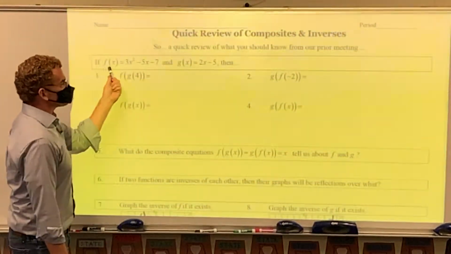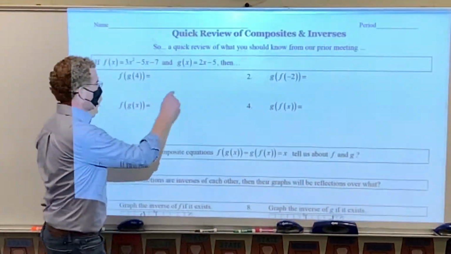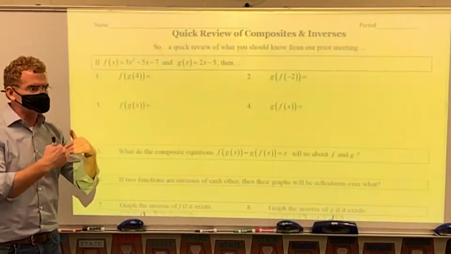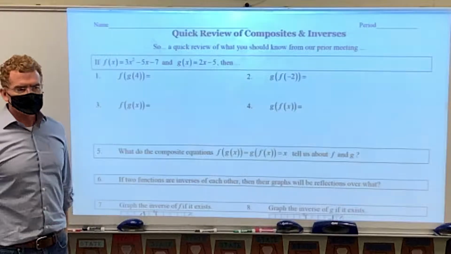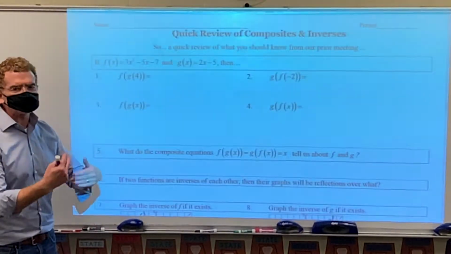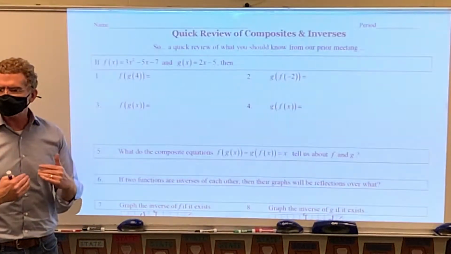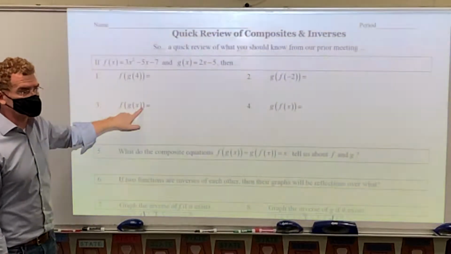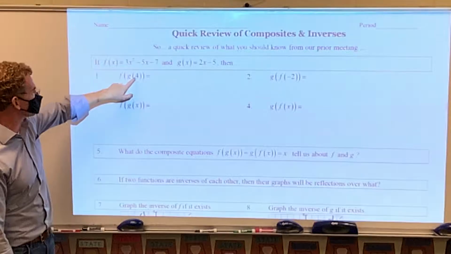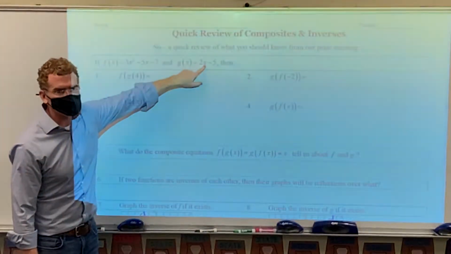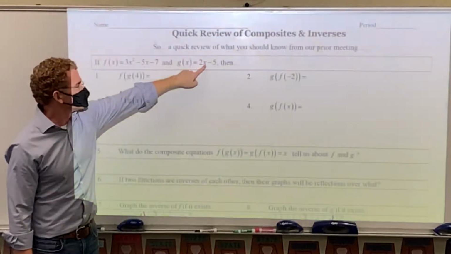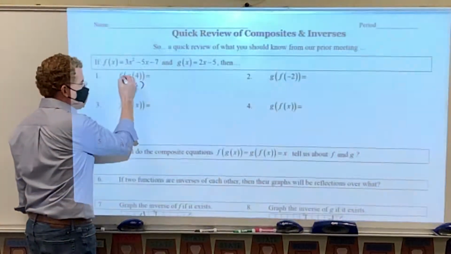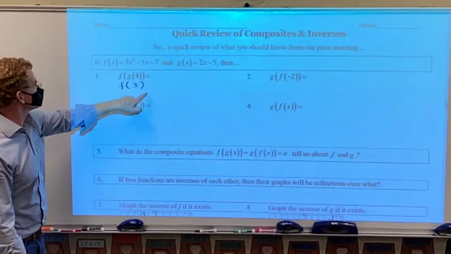So if this is a function f and this is a function g, and I want to do f of g of 4, do I have to find f of g of x to be able to do that? No, in fact, that would be kind of a difficult process to combine them. You can do it eventually and then go back and find f of g of 4, but I would probably go g of 4 is 3. I'm going to replace g of 4 with a 3, drop the f, and now f of 3 is